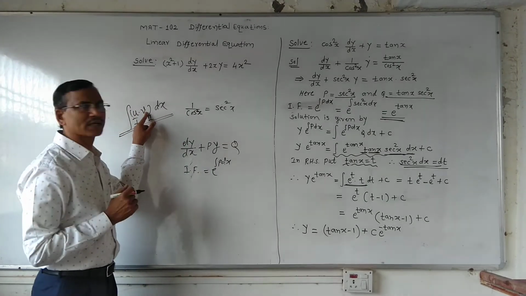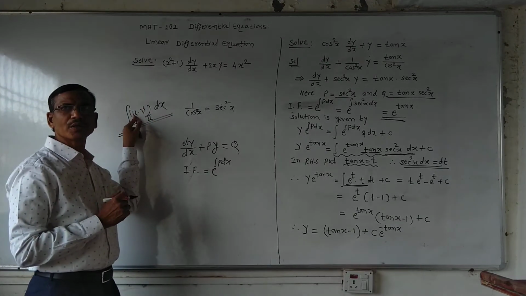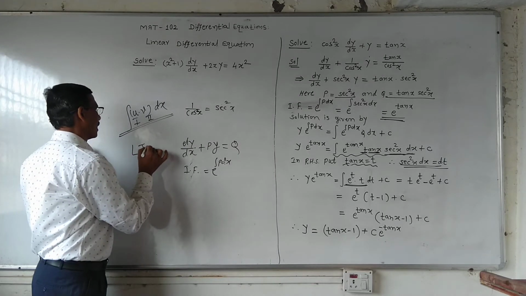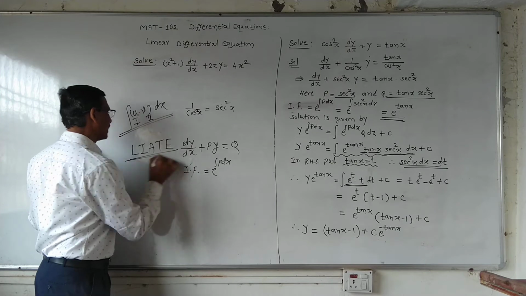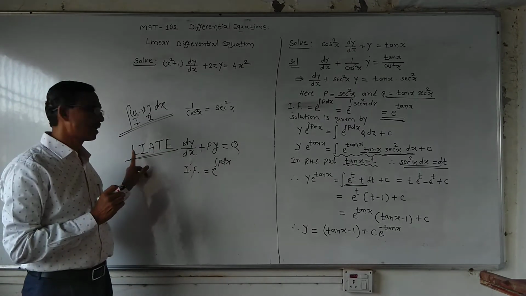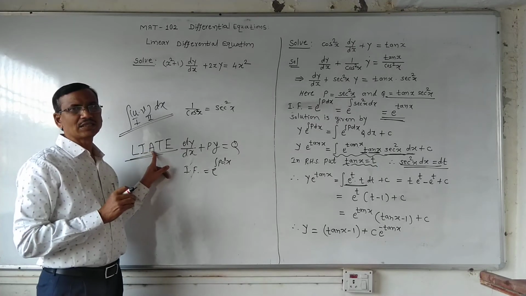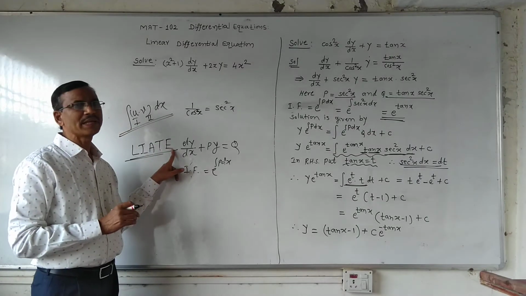This is a product of two functions. We can write this u into v, also v into u. Using the notation, you have to remember this LIATE. L means logarithmic functions, I means inverse trigonometric function, A means algebraic function, T means trigonometric function, and E means